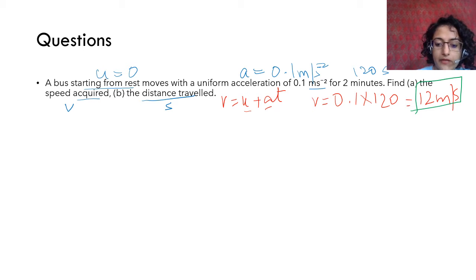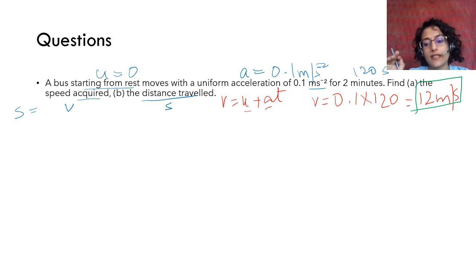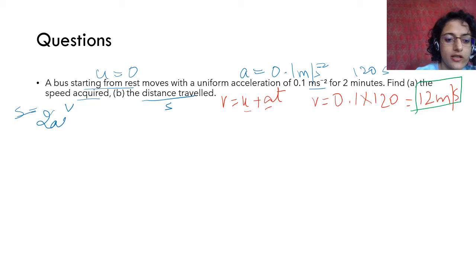For the second part, we are going to find s. You can use any of the formulae. You can use s is equal to ut plus half at square, or you can also use 2as is equal to v square minus u square. You will get the same result. You could have used ut plus half at square and you did not need v, but since we have already been asked to calculate the speed acquired, we can use either of them. Here I'm going to use 2as is equal to v square minus u square. Okay, and here we replace the values.